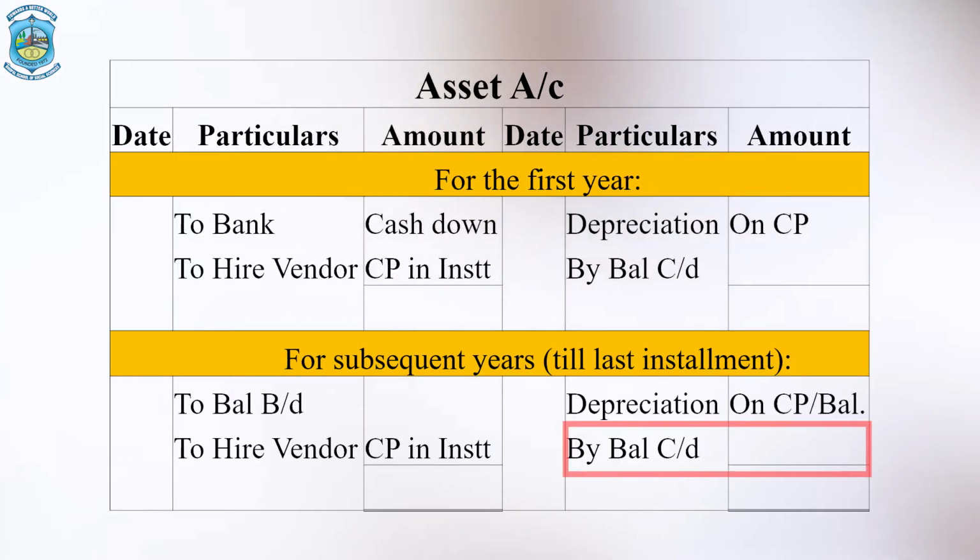Remember, this account will not get closed until the depreciation has been charged on the amount of asset and the value of the asset has been utilized till the end. That is, the asset value becomes 0. If the WDV method has been adopted, then the asset value will not become 0 ever. So, with the closing balance of this asset, that is the balance carried down, the amount will be shown in the asset side of the balance sheet. I hope this is clear how the asset account is to be prepared under the asset accrual method.